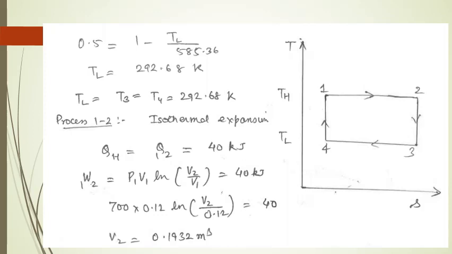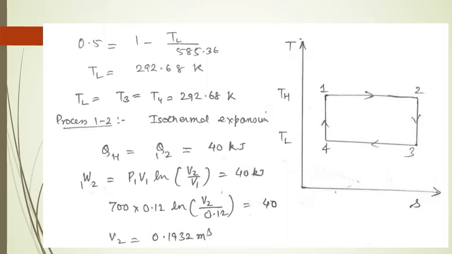Now the Carnot cycle has been shown on the TS diagram. 1 to 2 is basically a reversible isothermal heat addition process, shown by line 1 to 2, that is a horizontal line. 2 to 3 is basically reversible adiabatic expansion, which is isentropic also, so it has been shown by a vertical line. 3 to 4 is a reversible isothermal heat rejection process, and that is shown by a horizontal line.